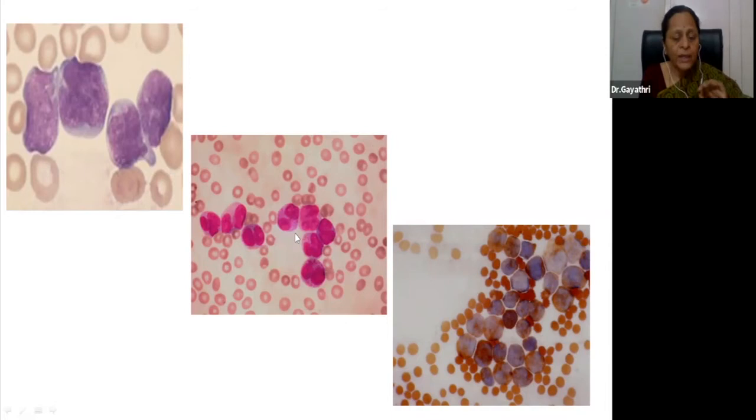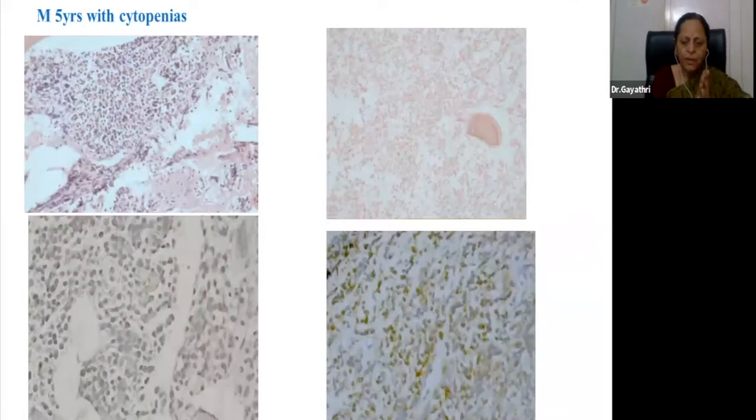So you can confirm this by again doing a myeloperoxidase and showing that these lobulated nuclei, these cells, are actually peroxidase positive. They are not monocytoid. So this is a variation of APML that you should not miss. Now, what we saw are classical pictures from day-to-day cases that come to my lab, marrow pictures mostly, a few